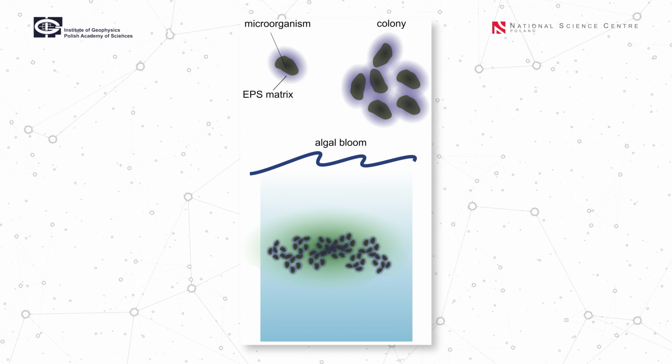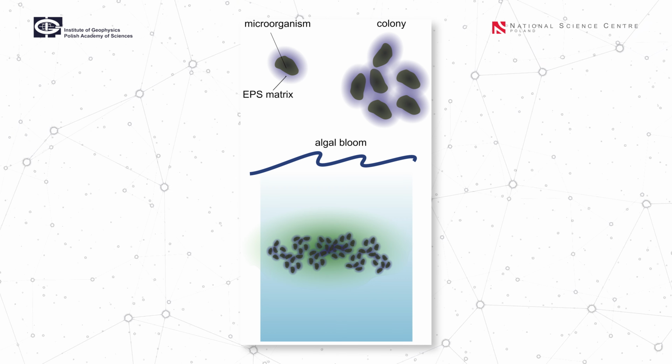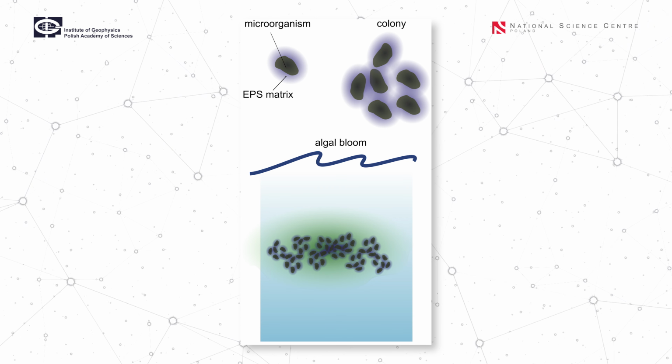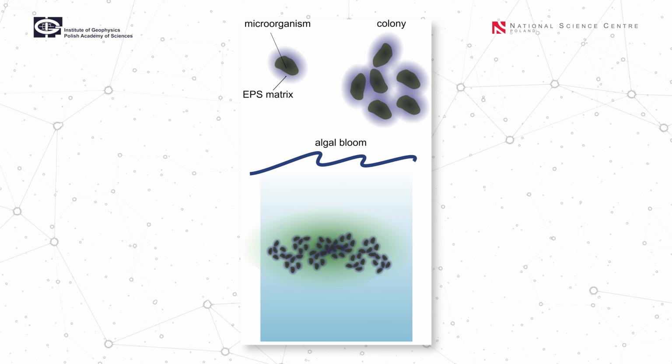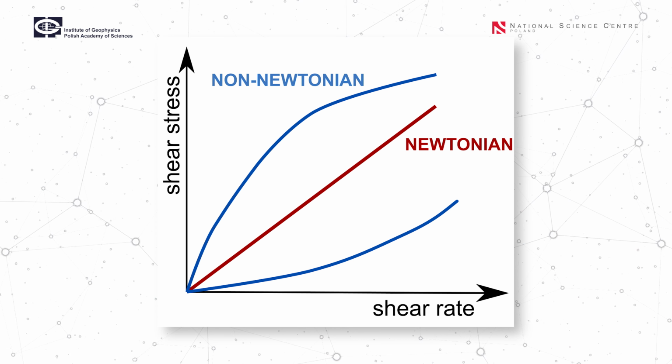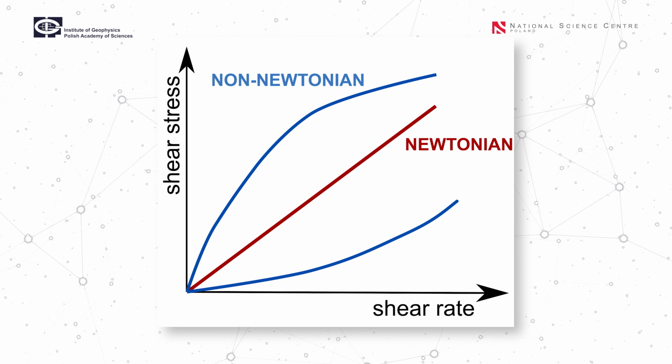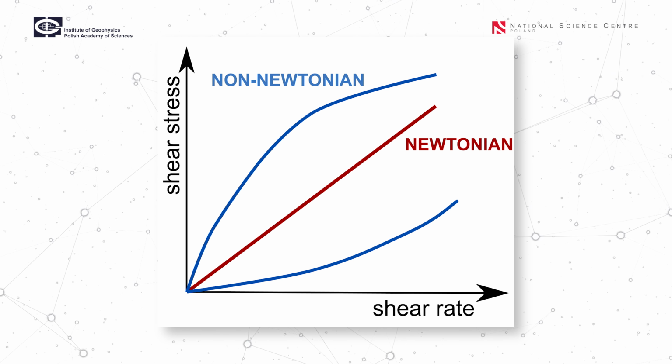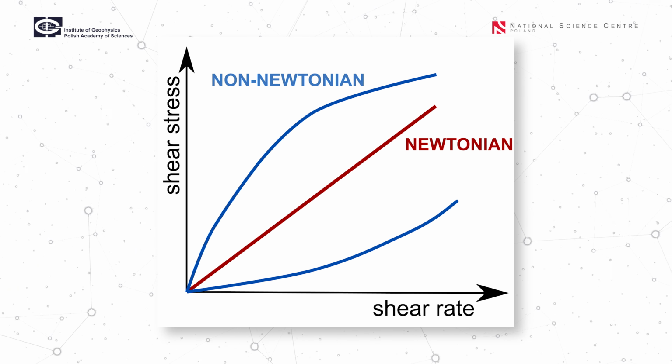These mucus-like substances can affect larger water extents when the colony grows, like during algal bloom. Exopolymers induce new properties in seawater. Physically, seawater transforms from Newtonian to non-Newtonian liquid, showing a more complex response to forcing than we know for typical seawater. For example, in a Newtonian viscous flow, the deformation rate is proportional to the imposed force, while any aberration